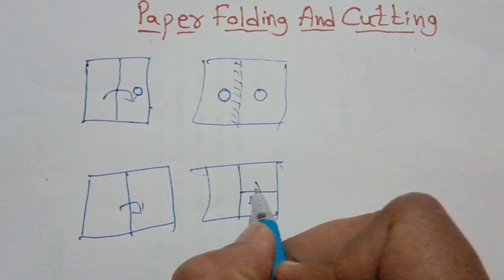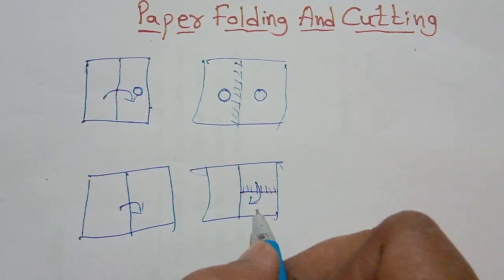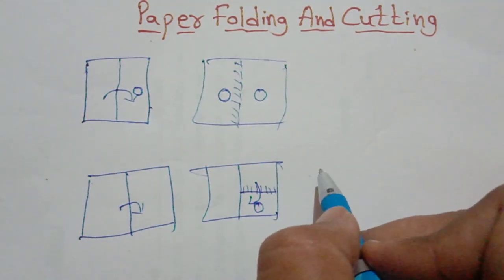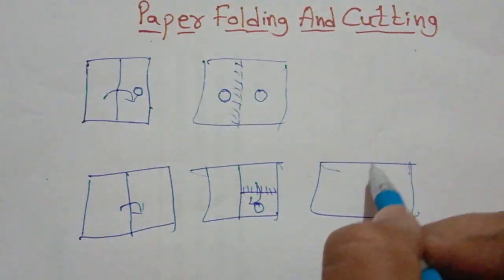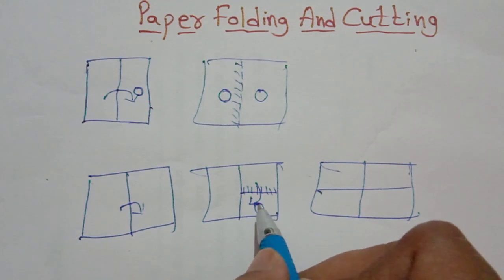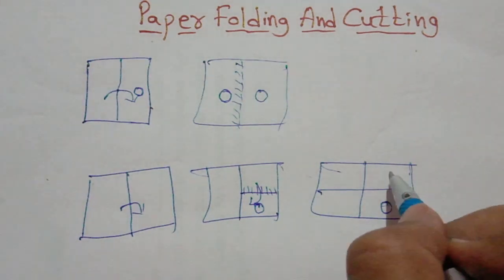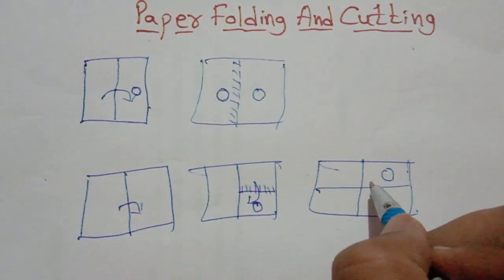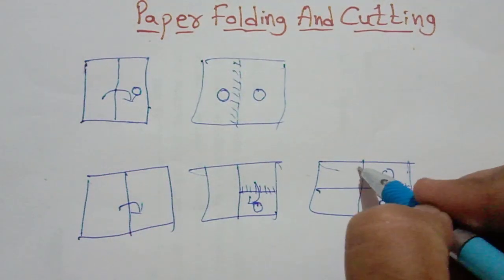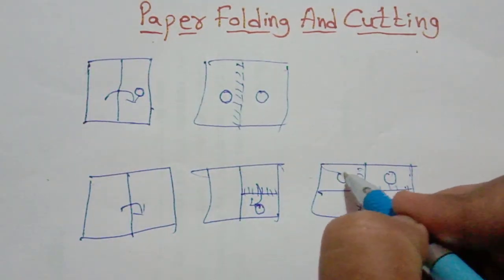Here in the first step we think of this as a mirror image. If they give a circle here, what will happen next? You can see here, students, one circle is there, and its mirror image. If they give this in the question, it will come here because we take it as the first step, a mirror image. In the second step we take this as a mirror image again. So how many circles will come on the left side? 2 circles.